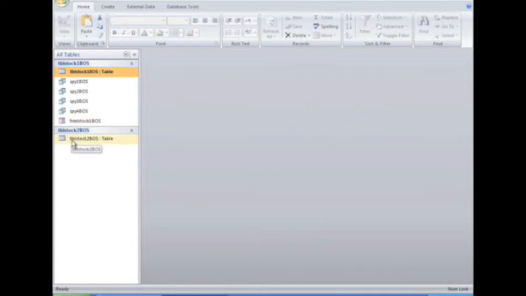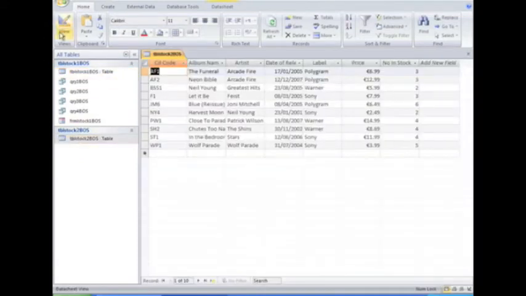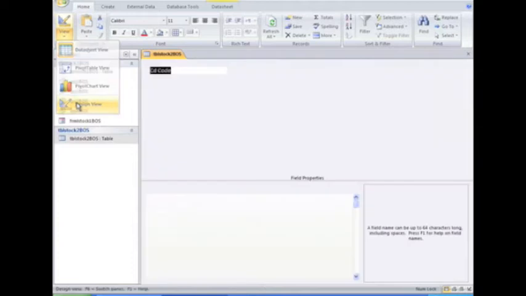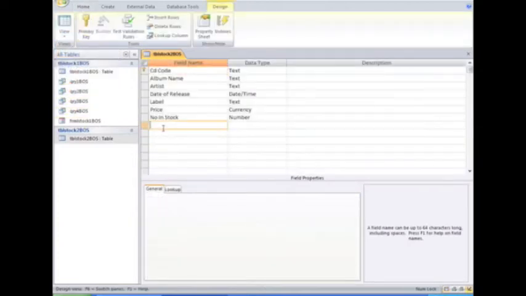Once that object appears, you can open it and make changes to the structure by entering the design view and appending the new field called final available,